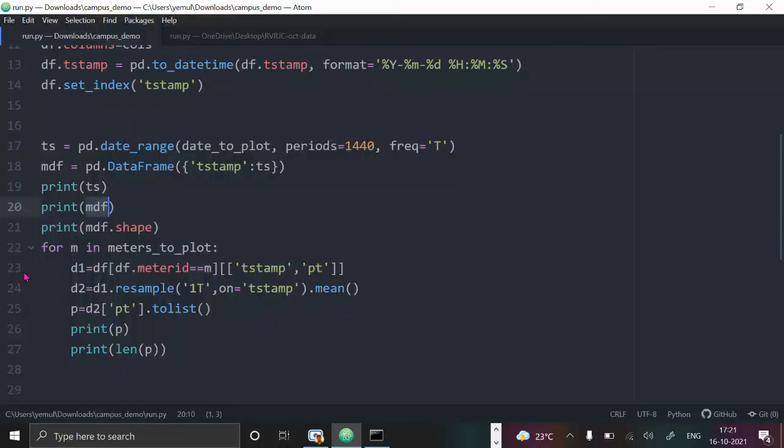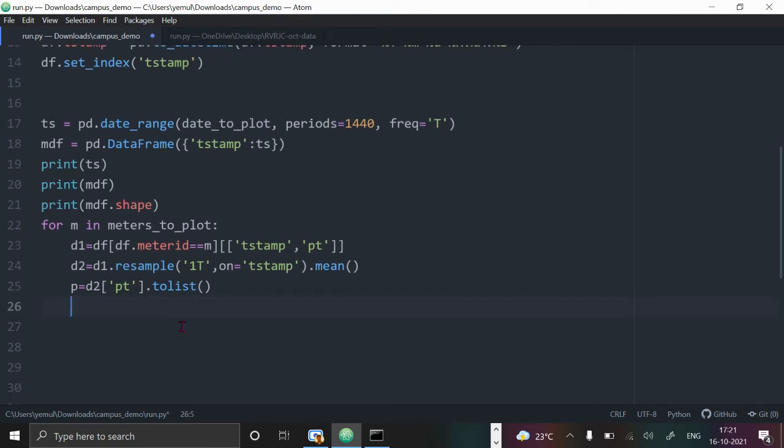After doing all this calculation, I have got the P. The P means the data. Now I want to add a new column to MDF.